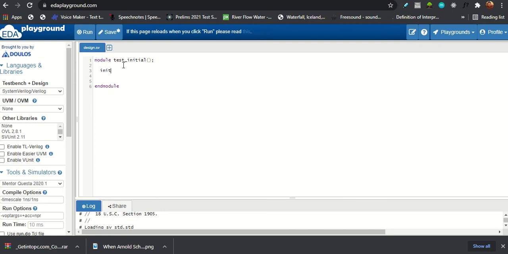So initial, begin, end. This is the first initial block, which starts with begin and ends with end. Whatever code is in between this begin and end will belong to the first initial block. So I will write here. I will provide some delay. No, not right now. So $display